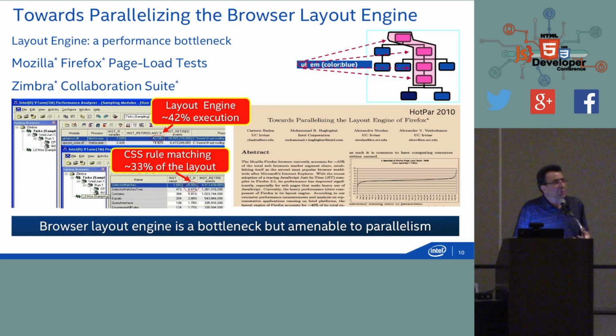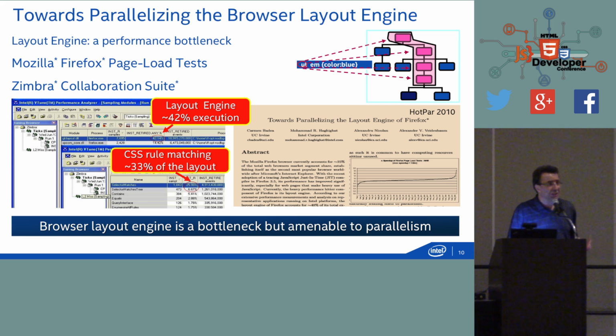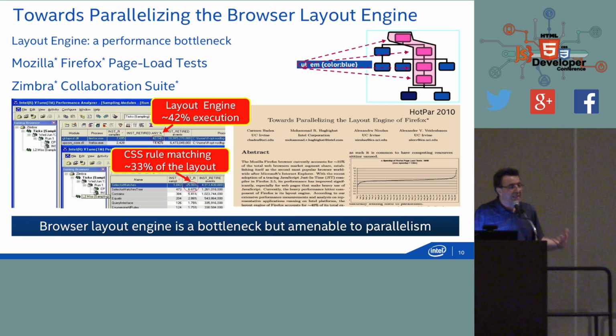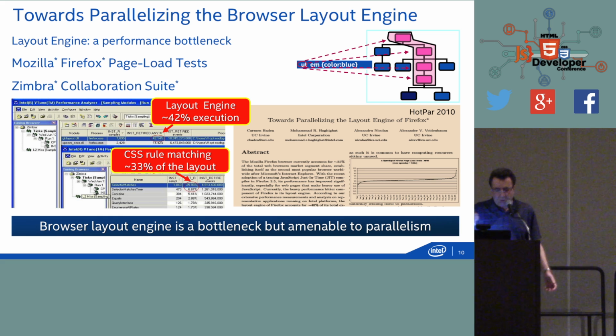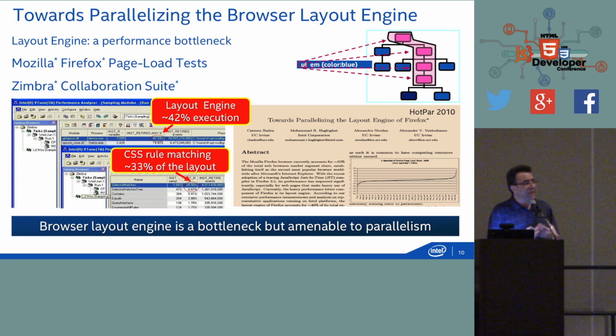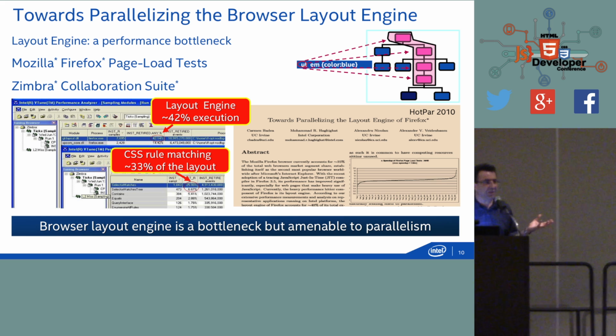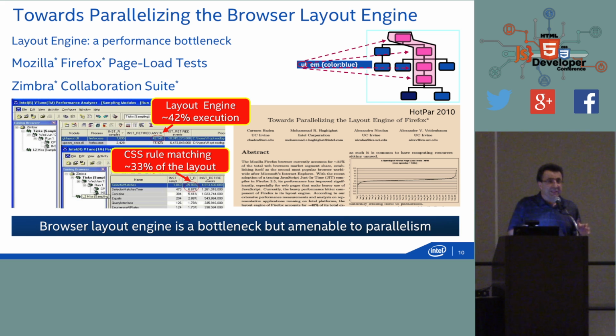Again, we prototyped and showed that the CSS engine can significantly improve by taking advantage of multicore. And again, we published, and we at Intel have also sponsored research at Berkeley and at UC Irvine in this area. And kudos to Mozilla for starting the Servo project, which is basically an attempt to redesign the browser for modern hardware, including multi-core, vectors, and the GPU, in addition to security and scalar